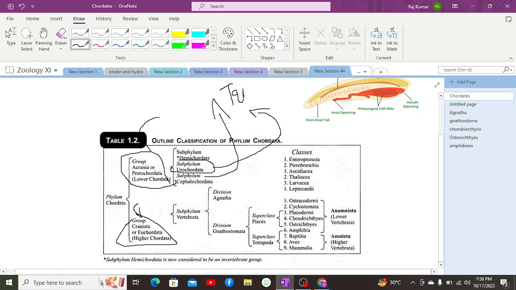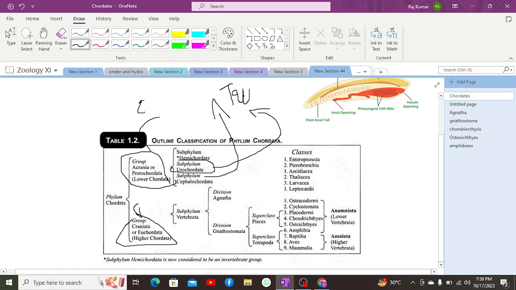Apart from that, when it comes to their development, their development is indirect. Apart from that, when it comes to cephalochordata, they are having the opposite characteristics, that these are